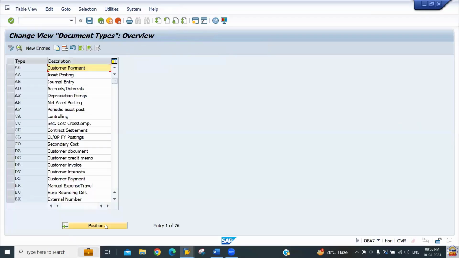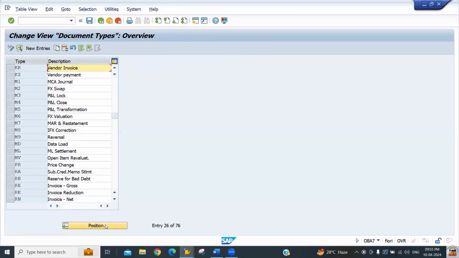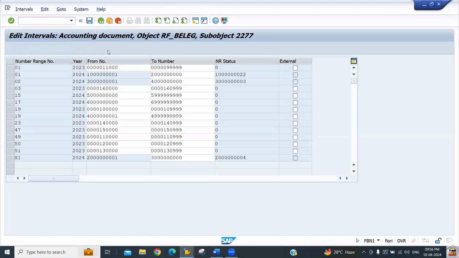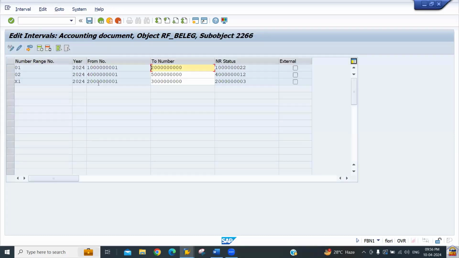Then we can click on the position button, and search for the document type KR, enter. It is saying that this is the vendor invoice, so we can go to the detail of it, and we can observe the number range is coming as 19. Click on the number range information button. Let it be the company code ID 2266. We can mention here the company code ID 2266. Click on the change interval,